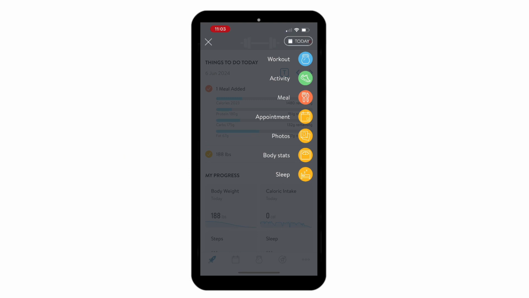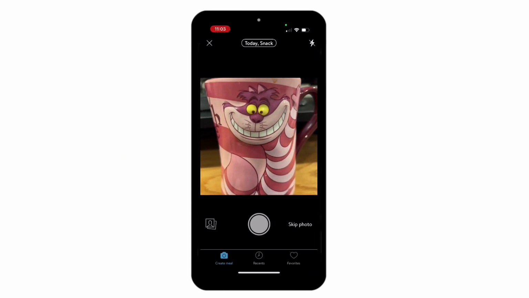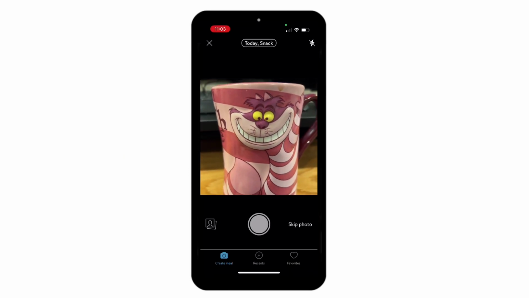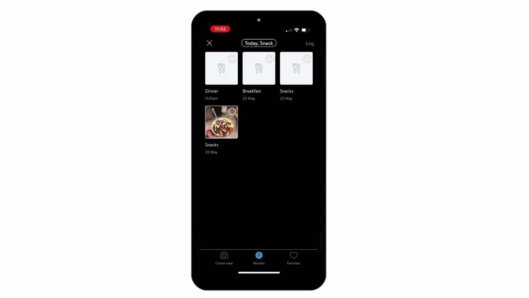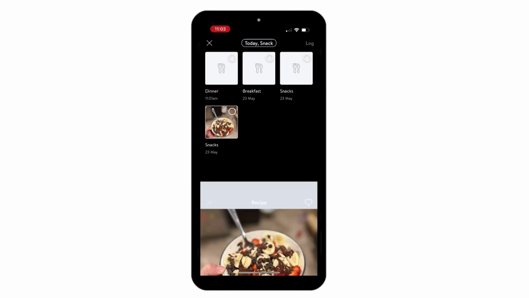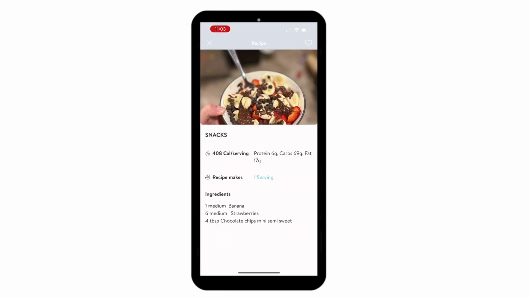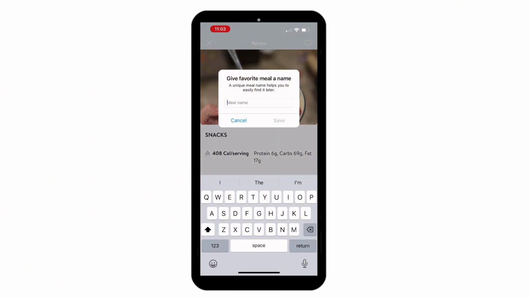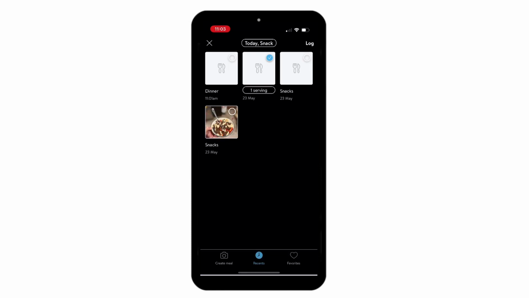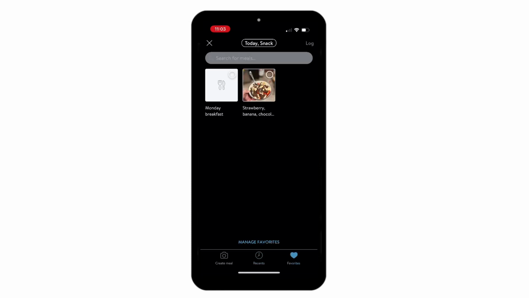When you go to your first screen here that pops up to take the photo of the meal, at the bottom you'll notice there are recents. These are going to be recent meals. So dinner, breakfast, snacks, those are going to show up as recents, and you can add the entire meal quickly by just clicking on it. Or you can also save an entire meal, like I showed you a second ago from the other screen, or by clicking on the heart here, and you can actually give it a name, and then it can show up in this favorites area, and so you'll be able to quickly add entire meals from your favorites and log them,